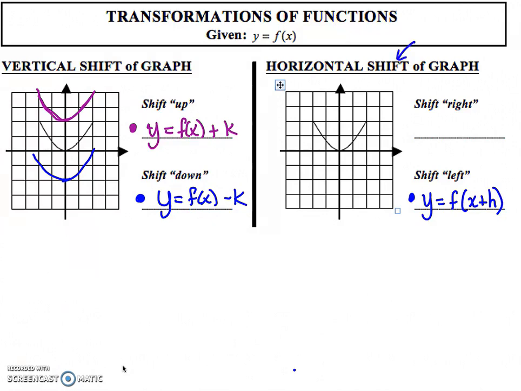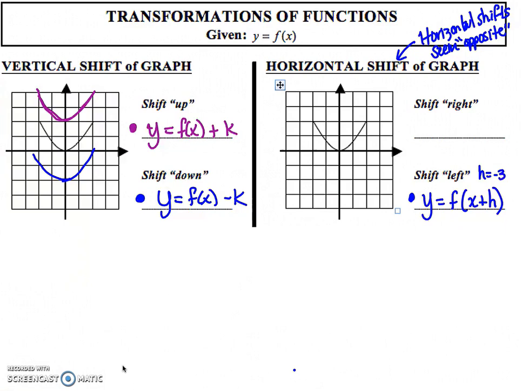So I'm going to put a little note here. Horizontal shifts seem opposite. It's because the equation is f of x minus the value of h. So if h is -3,